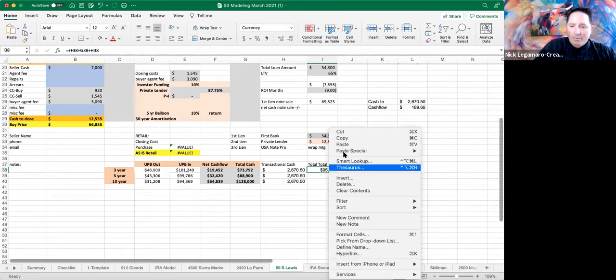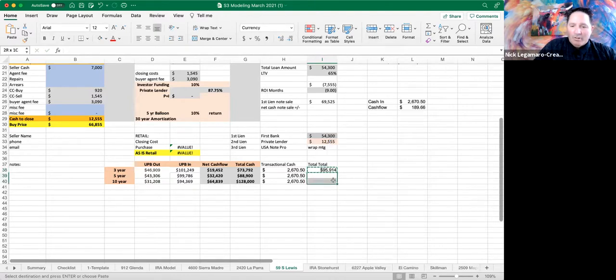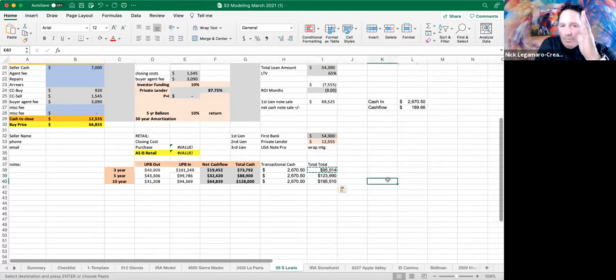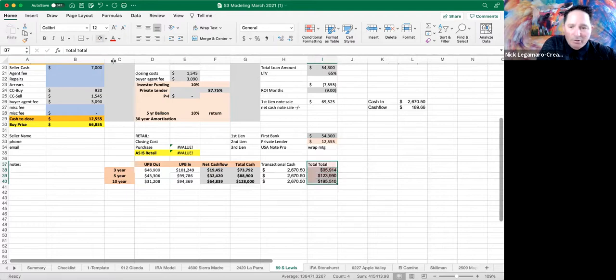Okay, so if I copy this down, these are the other summaries here. Let's just paste. There you go. Right now, these are the key numbers. If you're able to keep this debt in place, at 3 years the total value of this transaction is $95,000. You're going to get all your cash back in 9 months, and then everything else, your cash is neutral. So if you can get this seller to stay in this deal for 3 years,